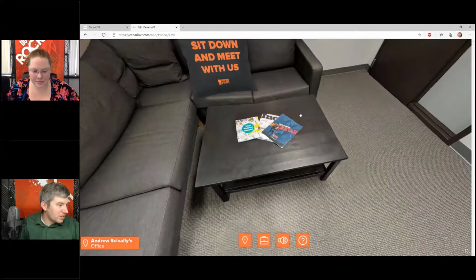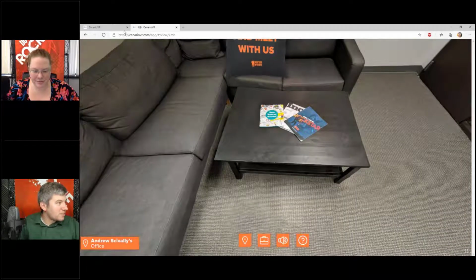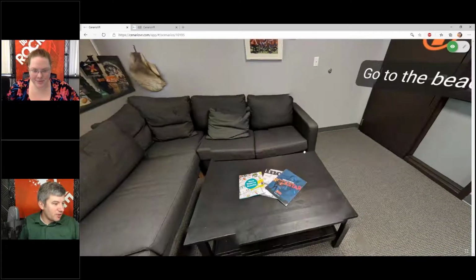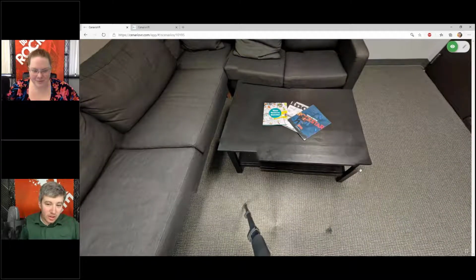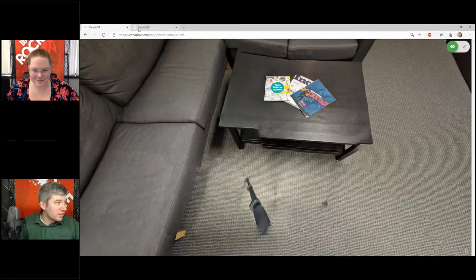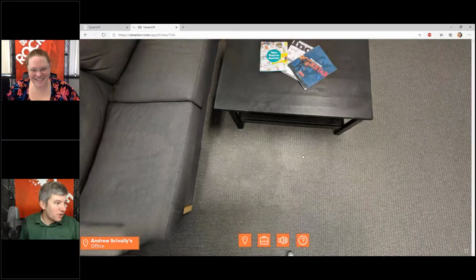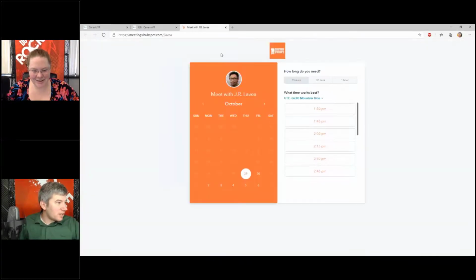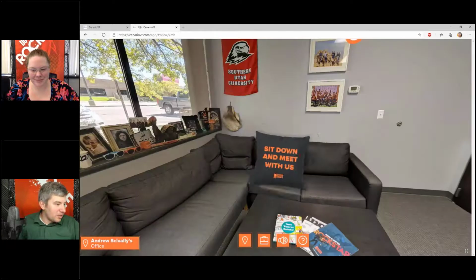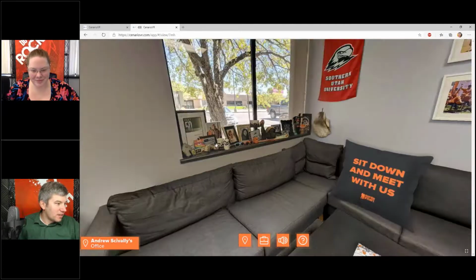The big obvious one, look at this table. That's some nice smooth lines. But on the original capture, not smooth lines. Also, tripod leg. That tripod leg is not here. So, oops. Oh, here's what the meetings are supposed to look like. That last meeting didn't work. This one did. This is what it looks like. So you can then come in and schedule a meeting with J.R. Levea. When you click on that pillow, like you're going to sit down and have a chat in Andrew Sibley's